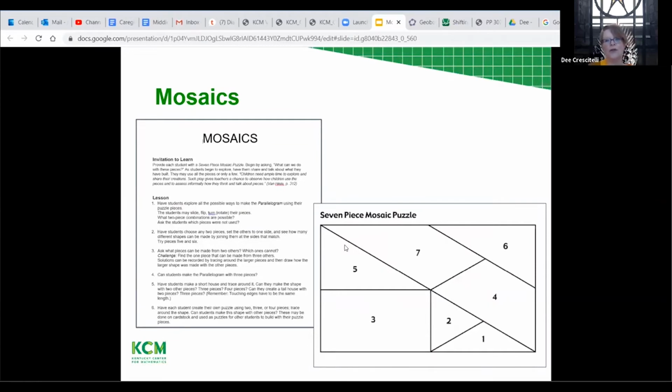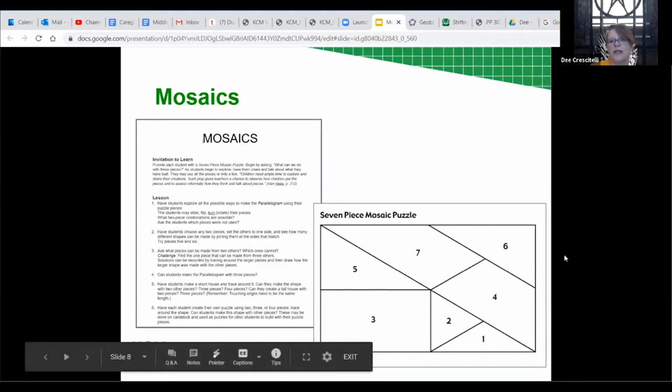But one of the things that came from his work with students was this idea of play as really the precursor and maybe the most important part of learning geometry. That kids need to feel it and touch it and actually manipulate it. And so in your packet, you have this activity called Mosaics, which has been adapted from that article. And it's got a Creative Commons share license at the bottom. So please feel free to use that, adapt it a little bit as you need to for your classes. But it has this 7-piece mosaic puzzle